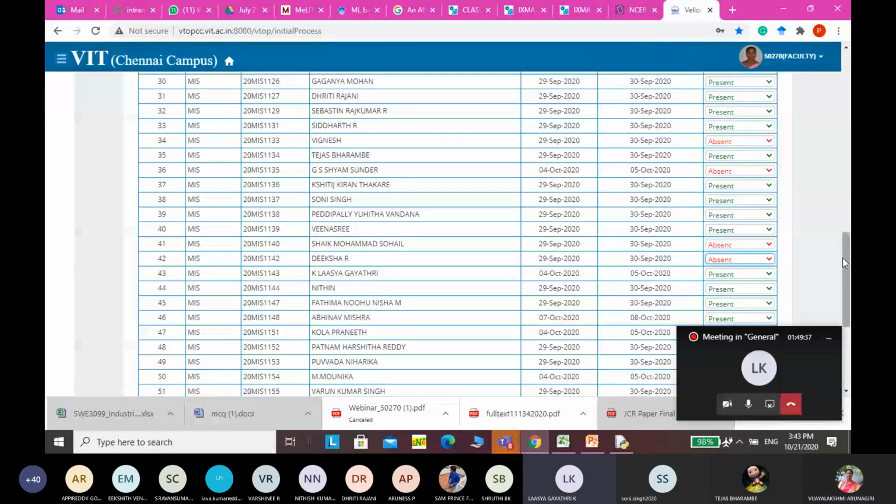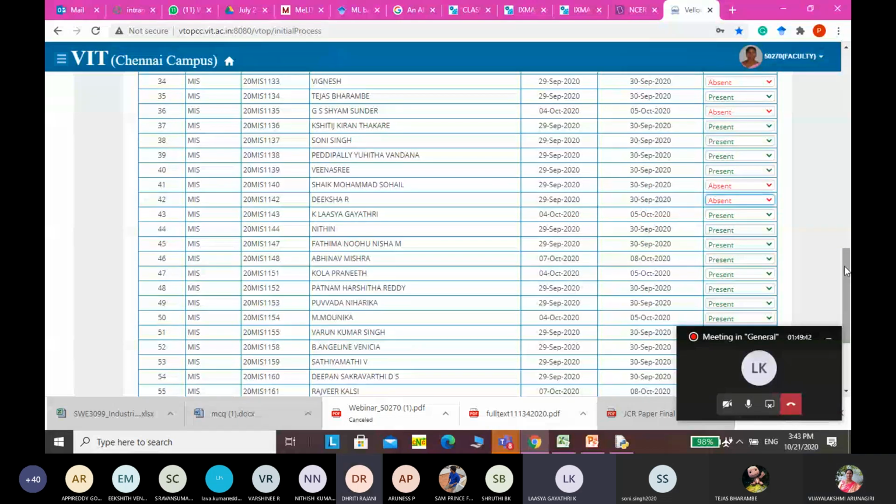Nitin, present, ma'am. Fatima, present, ma'am. Diksha is present. Praneeth, present, ma'am. Harshita, present, ma'am. Niharika, present, ma'am.